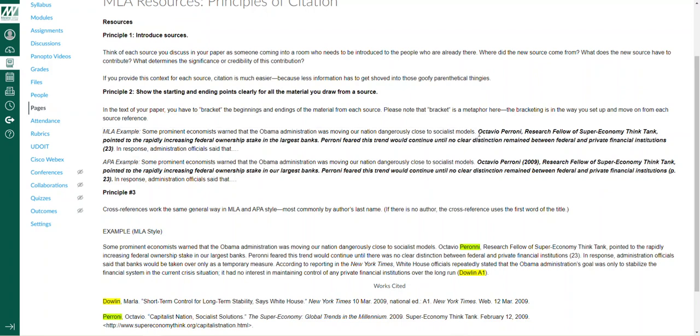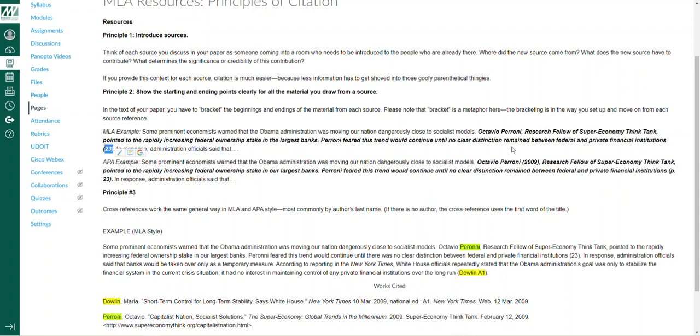Now here you're announcing the speaker. Octavio Peroni, research fellow of super economy think tank, pointed to the rapid increasing federal ownership stake in the largest banks. Peroni feared this trend would continue until no clear distinction remained between federal and private institutions. So here is the closing of the endpoint, which is the parenthetical. If you have a source that is paginated, like an article through the library, there's going to be a page number where that information comes in, and that's how you show the ending point.